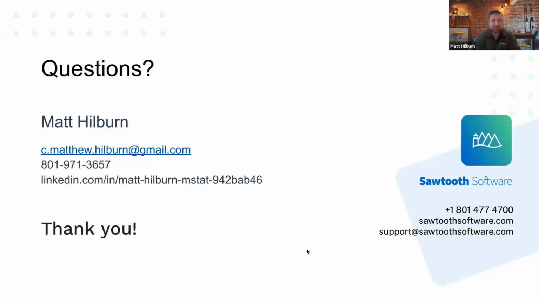Let me make sure I answered the rest of this: or would you go with multiple choice for aided, showing only the options chosen in the first question? That's another great approach, by the way. You can use what's called piped responses, where if you have a longer list and say, have you ever heard of this list of 15 options, and it's a multiple select, and you say I've heard of these 5, then it carries those 5 to another question that says, okay, of those 5, how aware are you of them, or how familiar are you, or how engaged are you with them? Those are some really great approaches to doing that.